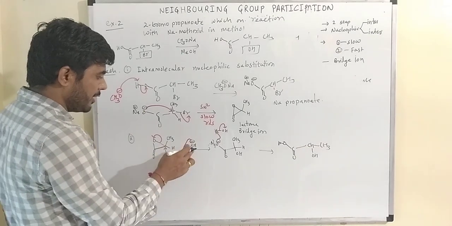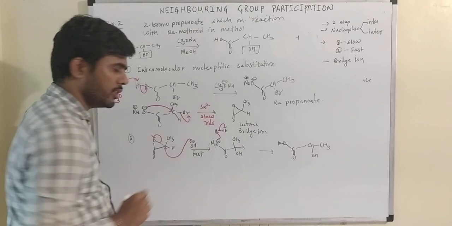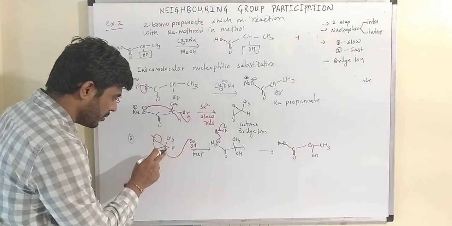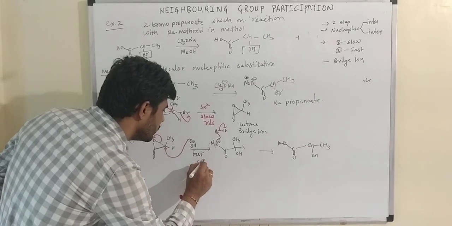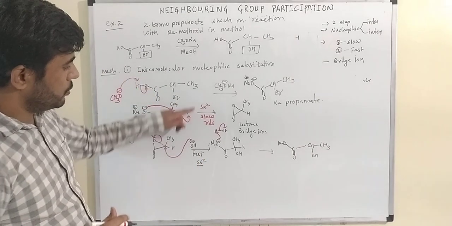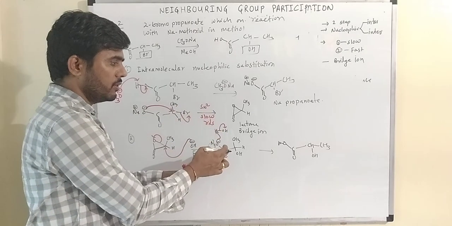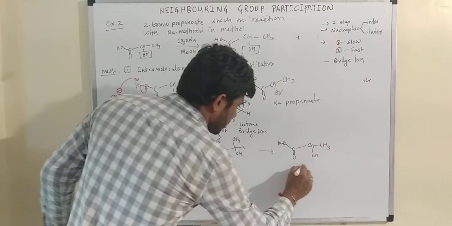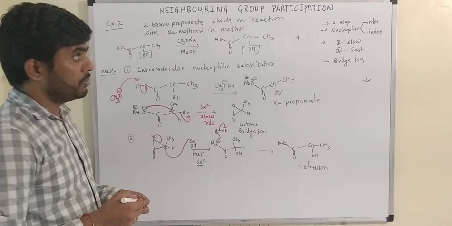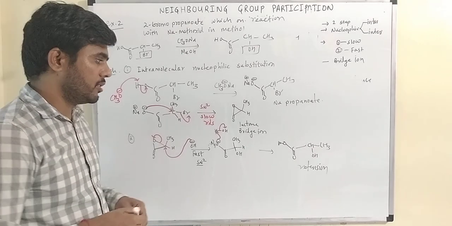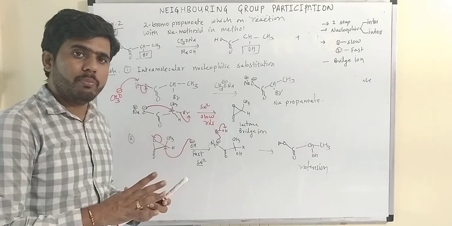Again, the attack of the external nucleophile is always a fast step. This attack takes place from the back side and the oxygen reverts from the front side. So it is a second SN2. So there are two SN2 steps. The first SN2 gives the first inversion, the second SN2 gives again an inversion. So inversion of inversion is always retention. So NGP always gives retention of configuration. Now these are the two main examples for neighboring group participation.